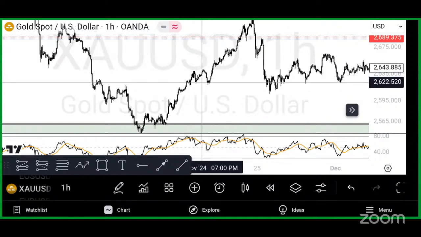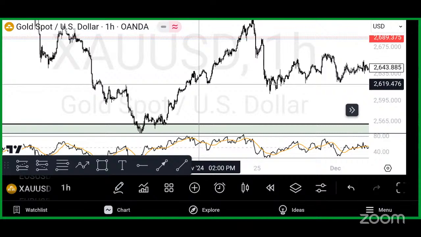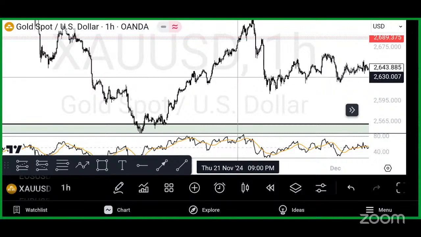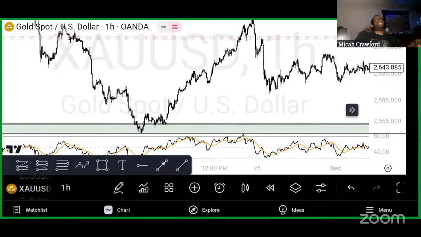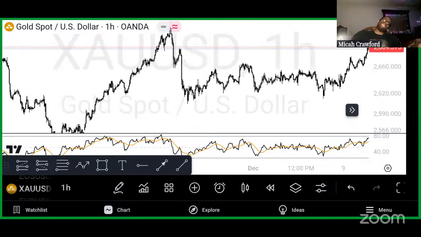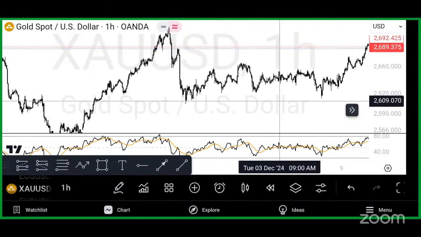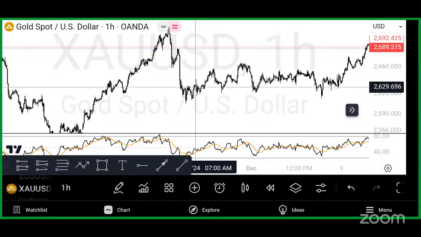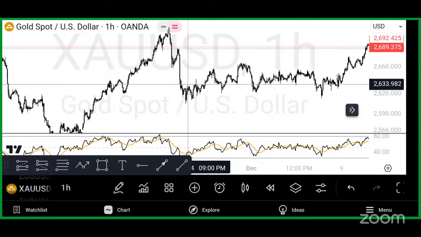Now I'm getting scared because I'm like, man, I don't know. It might continue to go down. So I just closed everything out and took my profit. And now I'm seeing all this consolidation right here. When price broke structure, when price broke this high right here, and I saw it go up,